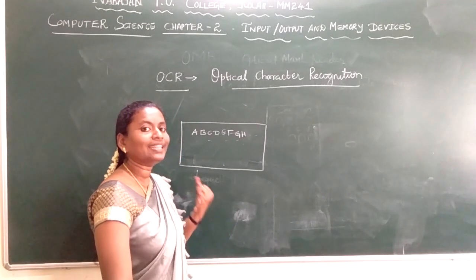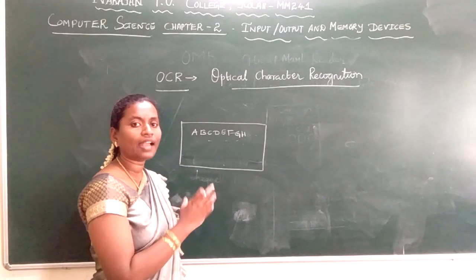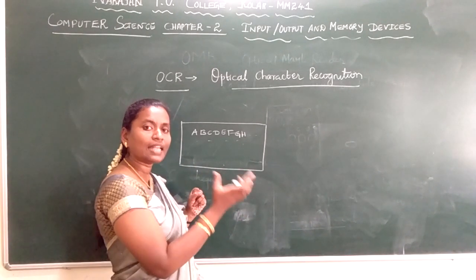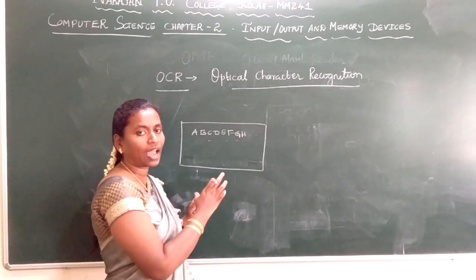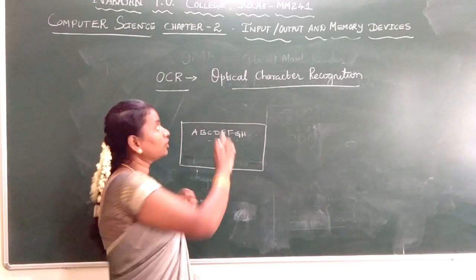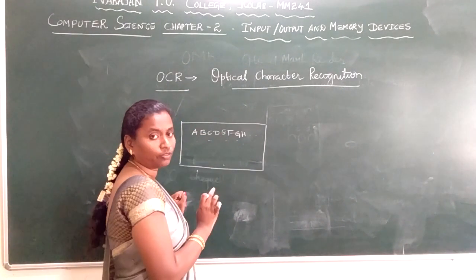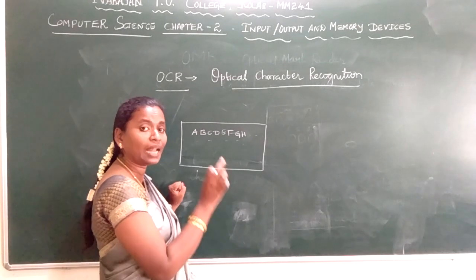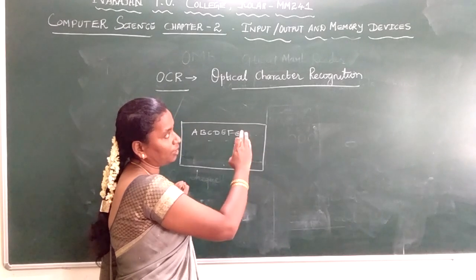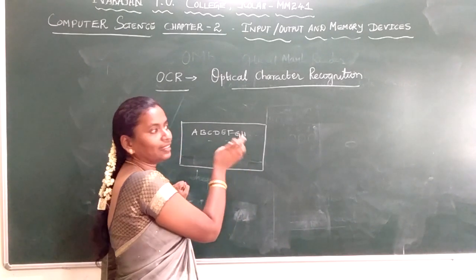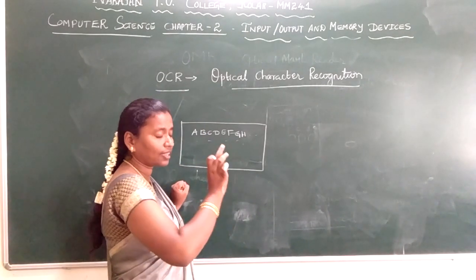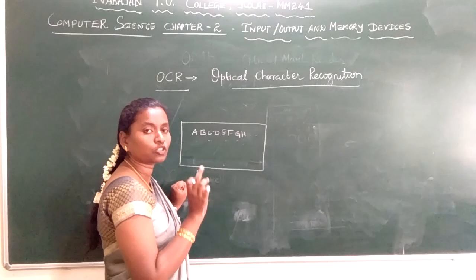Usually in the scanner, suppose I scan a magazine or a textbook, the printed text is scanned as it is, in the form of an image. It will be an image, we cannot edit it. But this optical character recognition software, which is merged into your system, helps us to convert the image into text, where we can edit the text. That is a special feature of optical character recognition. It helps us to edit the textual document.